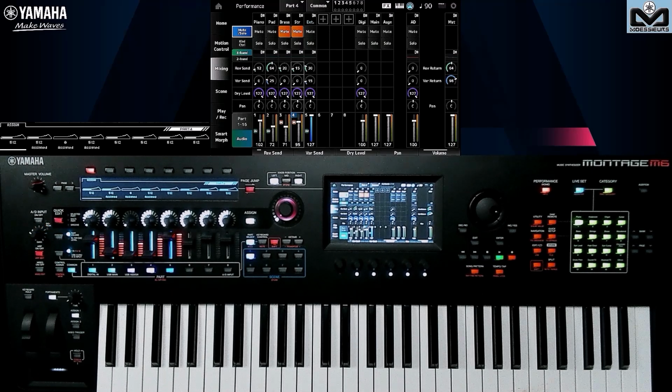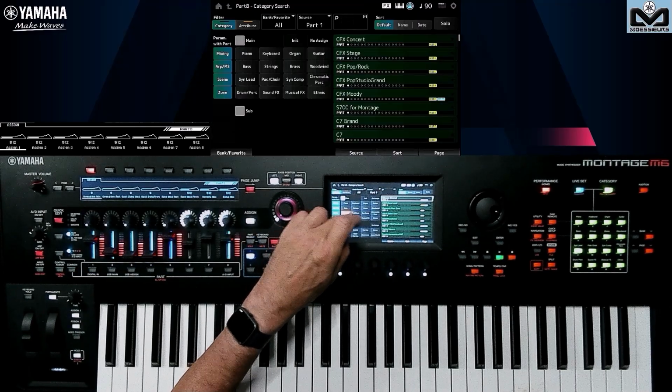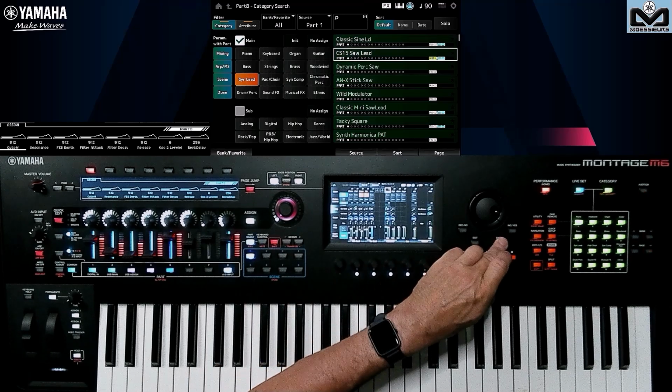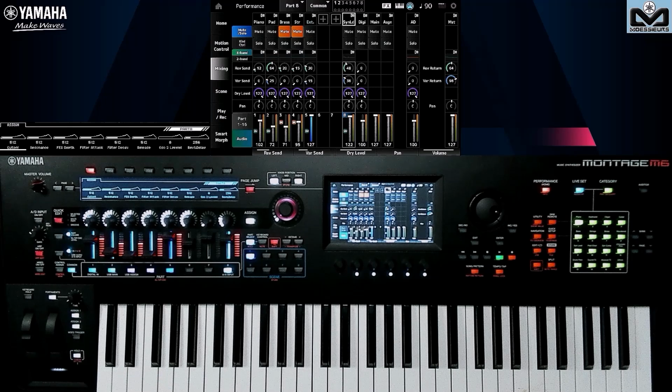So here I've put it on part 10, and if I put something new, I'll take the first synth lead that comes. You can see that if I select it, and if I've already used all my parts from 1 to 8, in layer or split, all under keyboard control for example, and I need to play a 9th part solo, this is the way to go and play it. This is the way to play a part solo, by selecting part 9.